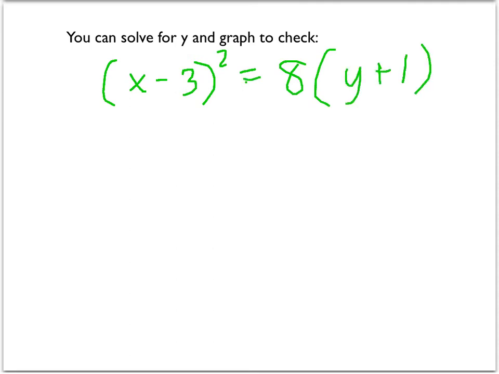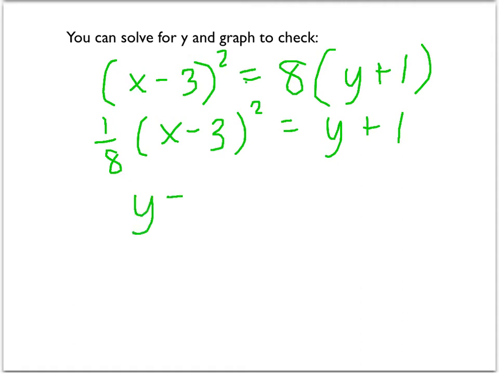Is it possible to solve this for y? Well, yeah, the first thing we could do is divide both sides by 8. So then it looks like this. And then if I solve this for y, I'm going to rearrange things a little bit. So it will be y equals 1/8 (x minus 3)